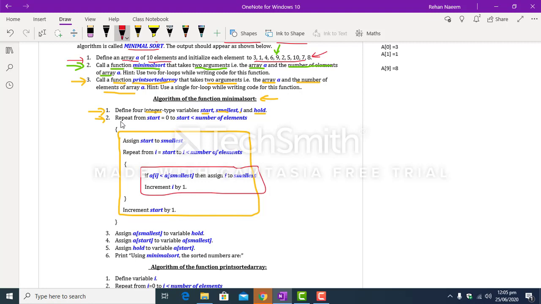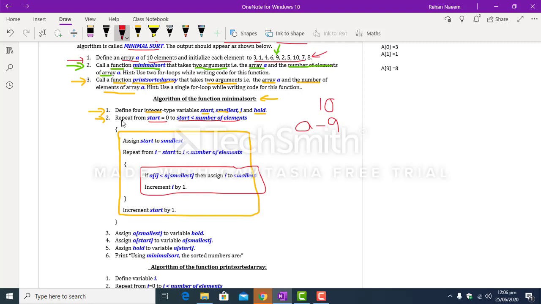So the outermost for loop will run from start equal to 0. Start is the name of the variable, and it will run up to number of elements minus 1. So number of elements is 10, so this for loop will run from 0 to 9. So this yellow box will be executed 10 times.